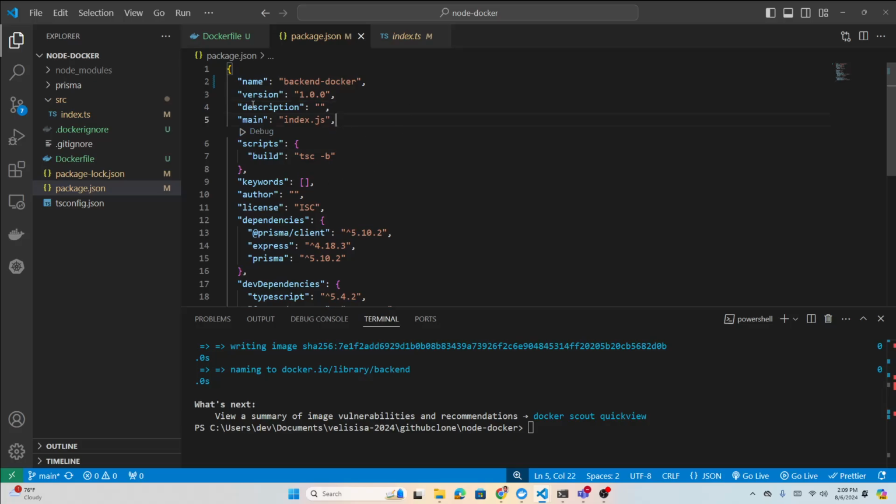Okay, I think that is fine. That should work, right? Let's leave it like that. In the TypeScript, it should work. Let's go back and